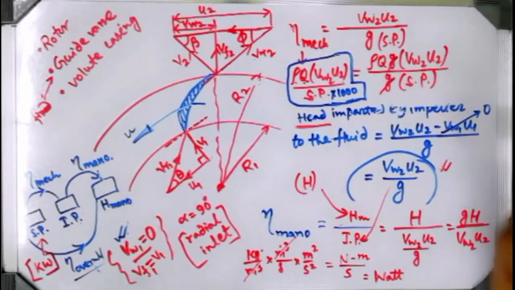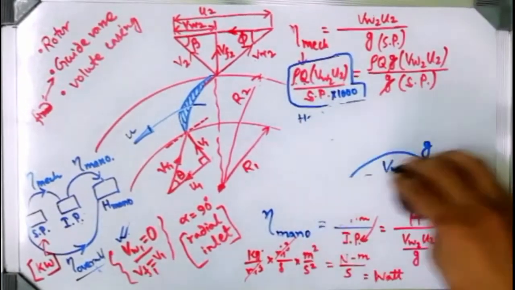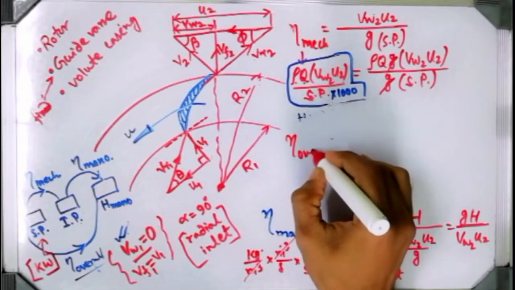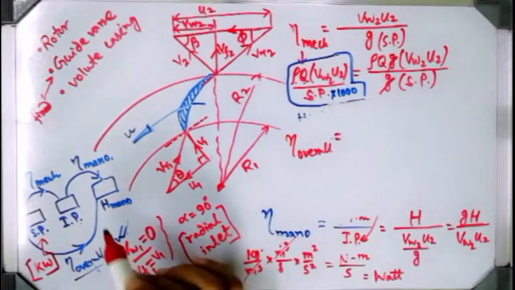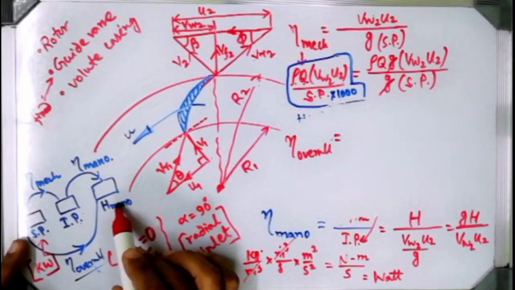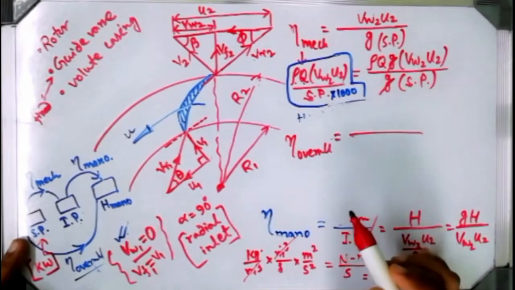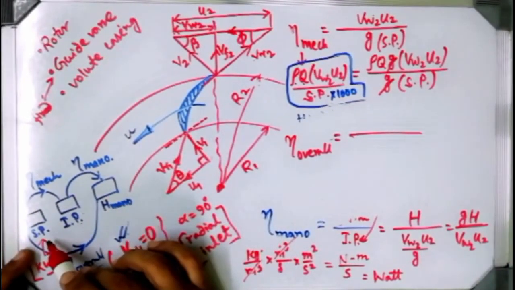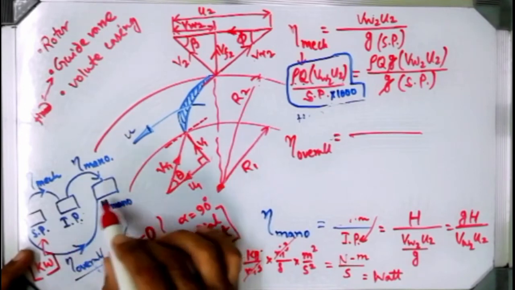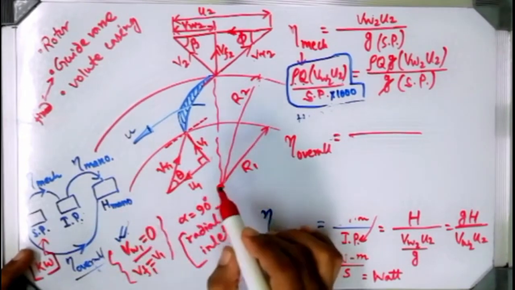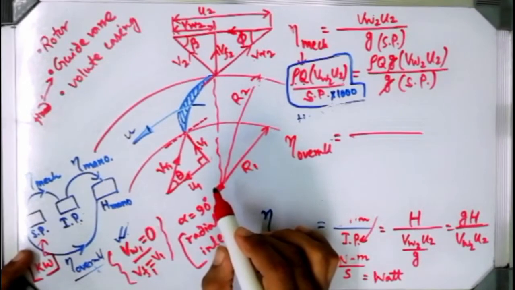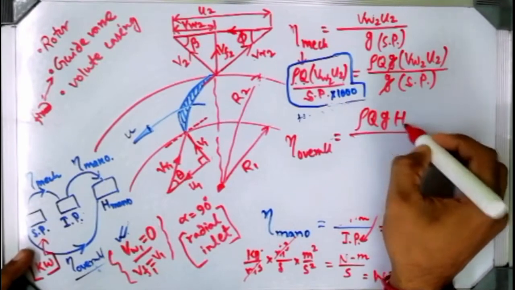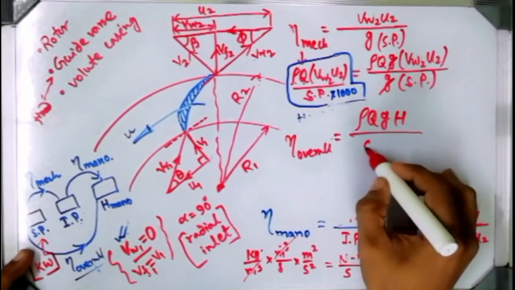Okay, then coming to the mechanical efficiency, what remains is the overall efficiency. Overall efficiency is the relation between this manometric efficiency and the shaft power, obviously, so it can make a ratio between output and input. Always shaft power is given in terms of kilowatt, I already told you. Then you cannot use this manometric head like VW2 U2 by g. Then I can write this kind of expression, rho Q g H divided by shaft power.